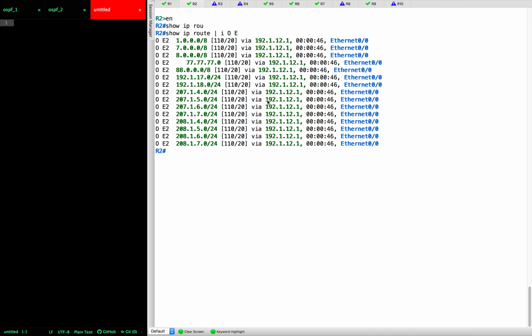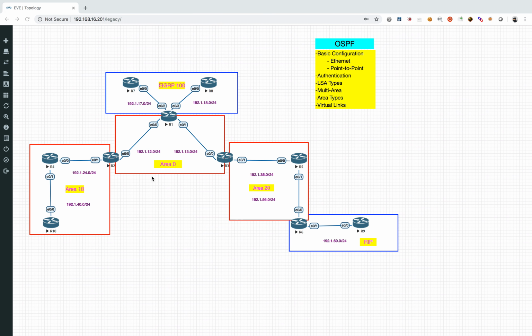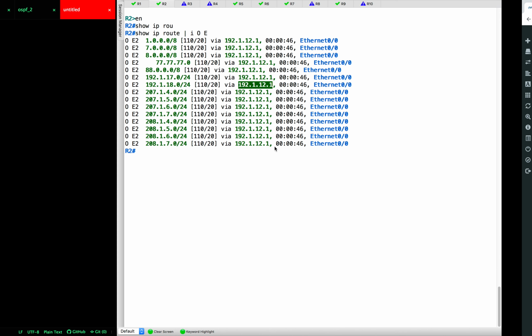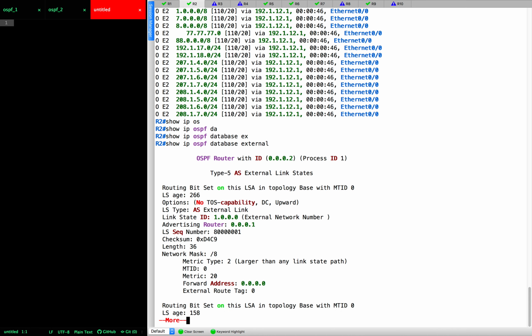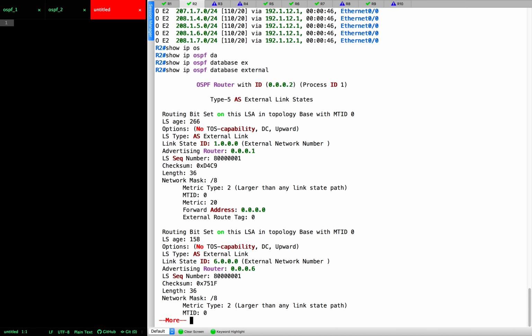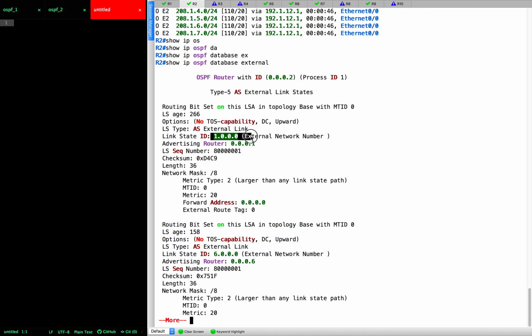And that's okay, because R2 and R3 will understand this. If I show you in the LSDB, you can see here show ip ospf database external. This is the command for looking at the type 5 LSA. If you see here, it tells you that to reach any of these networks, you have to